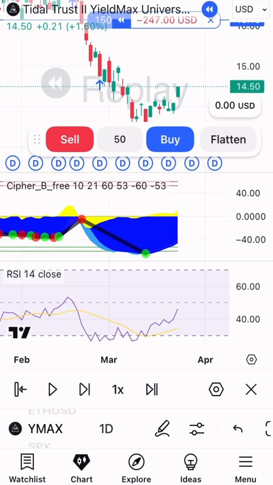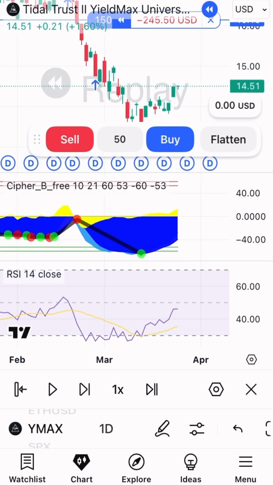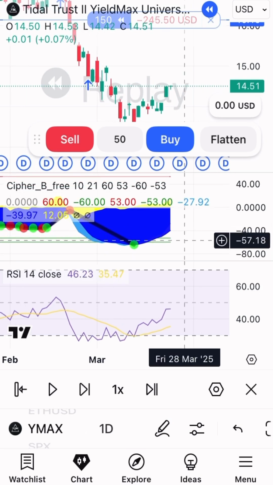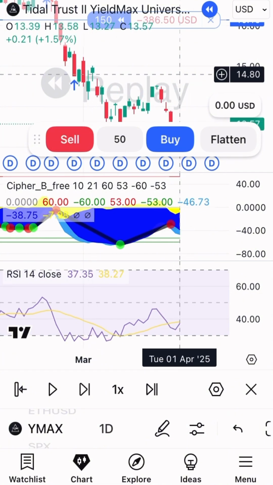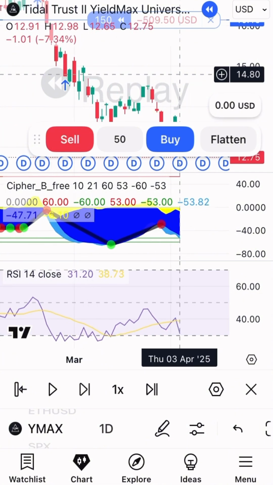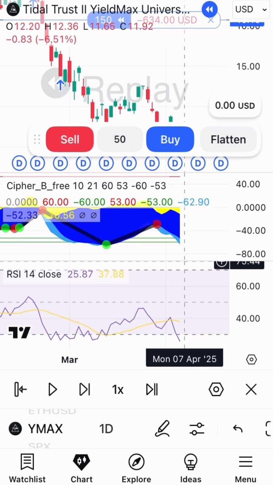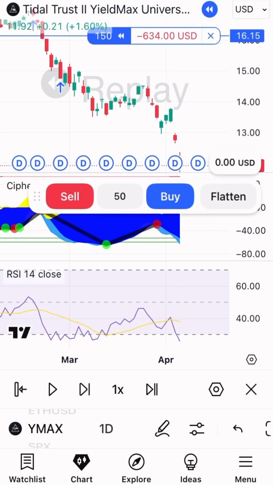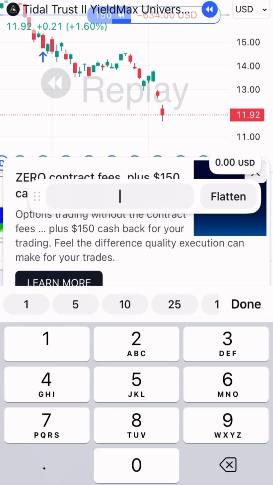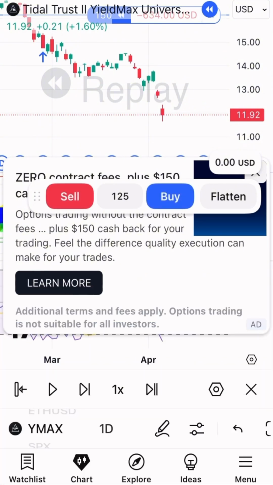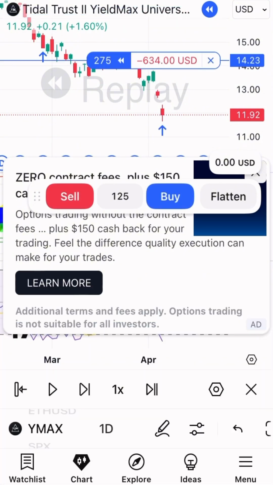So next thing is if it does it again, like the same indicators, I would buy in again. It's been, I don't know how long. Weeks. It's getting near. Here it is again. Okay, this time since I'm down like $80 million, we'll do 125 shares. All right, so buy. So my new average is 14.23.